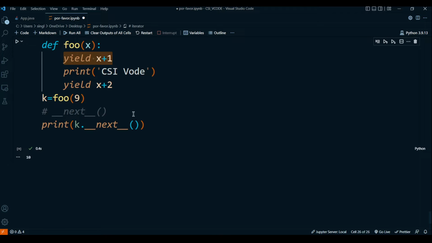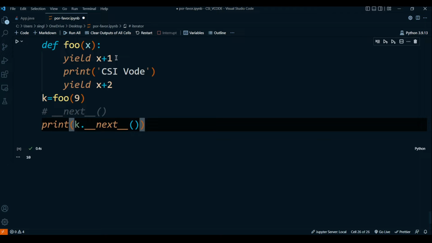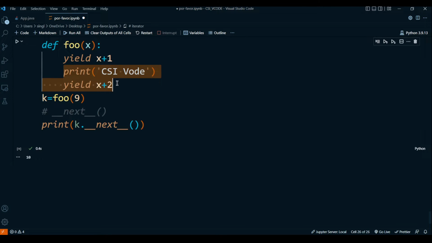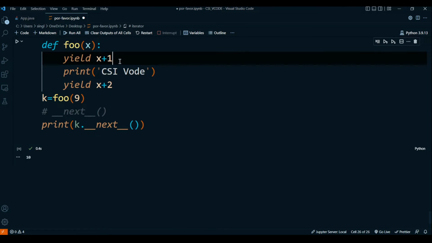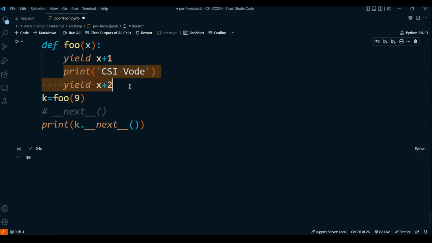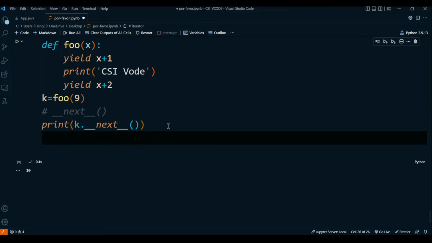Our code will continue once we call dunder next again. Our system knows that it has something ahead of it, but it is returning something at this point only. So the iterator tells our system that we have more code ahead, but we are stopping our code here. So if we do something like this,